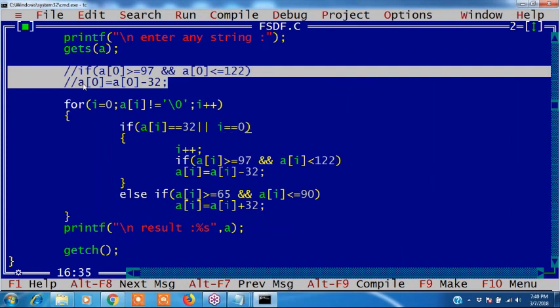I am writing i equals 0. If it is 0, then i plus plus will move to the next letter, right? Actually, my guess is, if we write i equals 0 as the first condition, then it will check it, and if it is true, then it will do it, I guess.